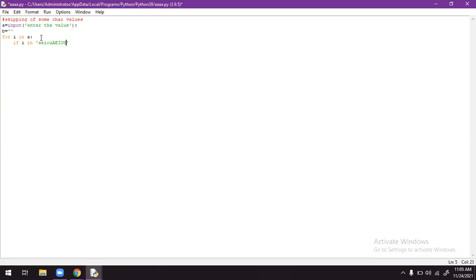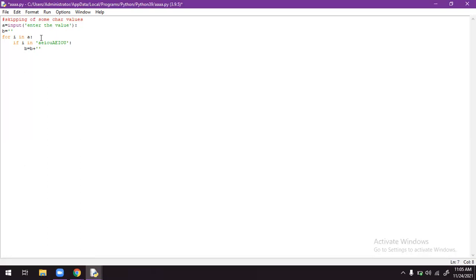Okay, if small vowels or capital vowels are present in the string which the user typed, then what we have to do is just take B equals to B plus an empty string.